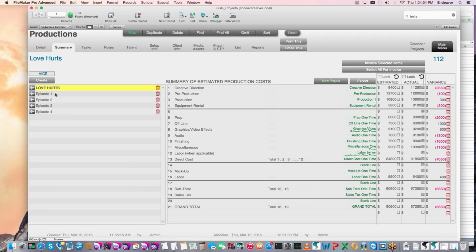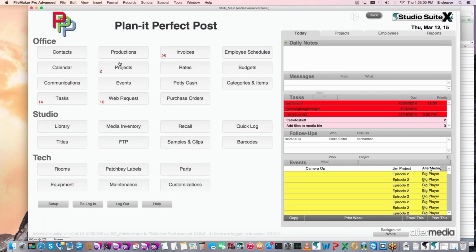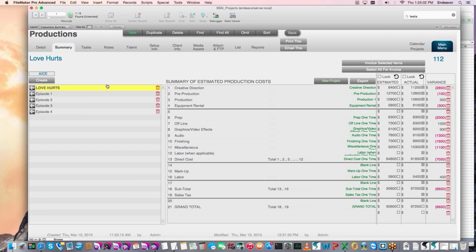And if we have the time, we can go through and add the totals for each section from episode 1, 2, and 3, and we would see that the master budget is actually summarizing all those together for us. So as it stands right now, we're a little bit over budget on this entire production by $6,650. So this might be something that we'd want to take into consideration as we're doing our job. So going back to